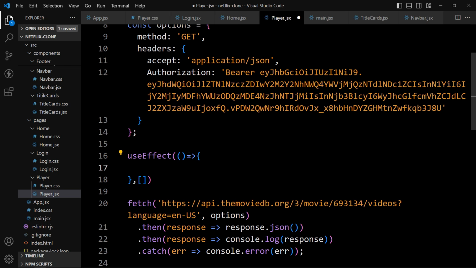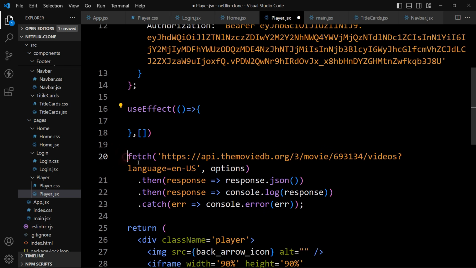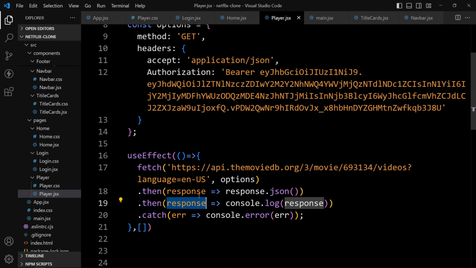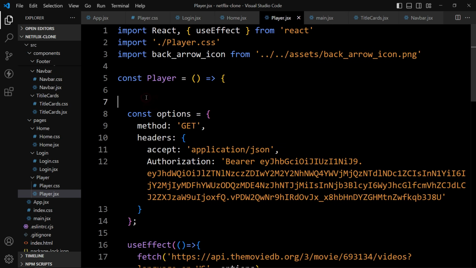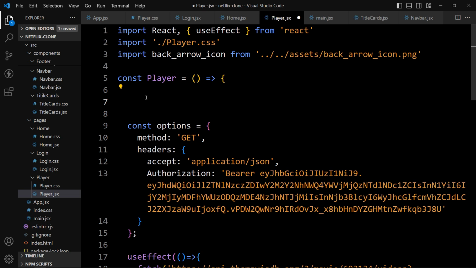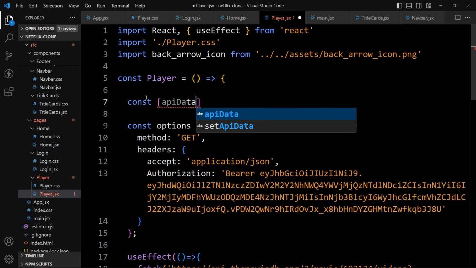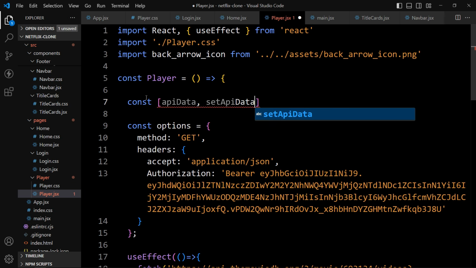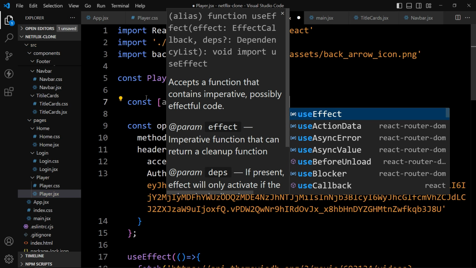So inside this arrow function we will place this one, this fetch statement, place it here like this. And here we have added the response. So now we have to store this response data in our state variable. So here we will create one state variable. So let's add const. Variable name will be apiData, and the setter function name is setApiData. Then we will add the useState,